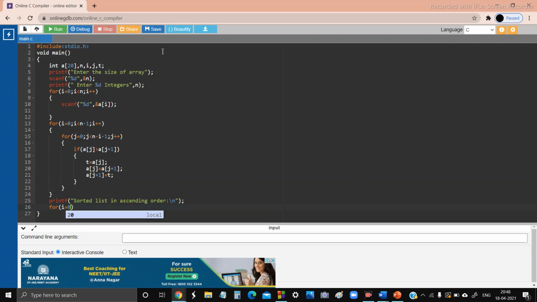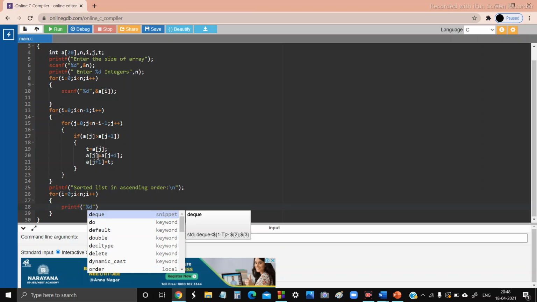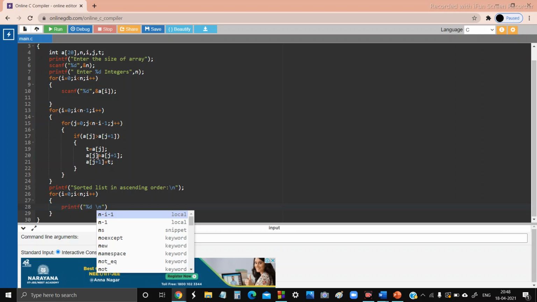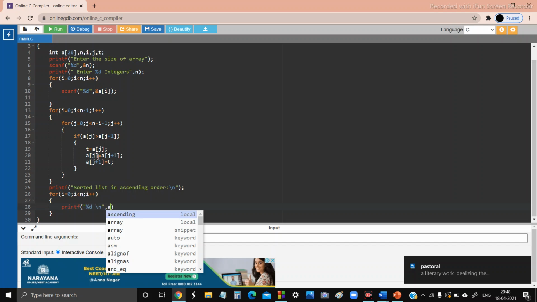For i is equal to 0, i less than n, i plus plus, printf %d \n, comma, a of i.